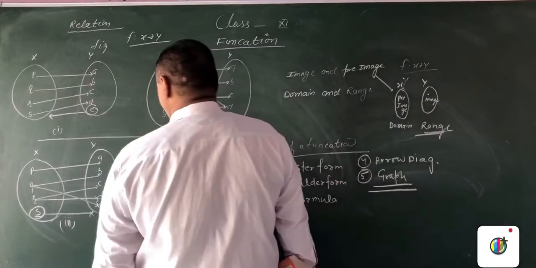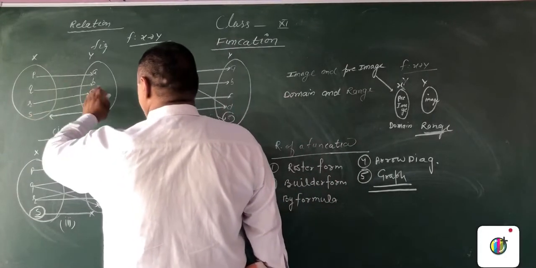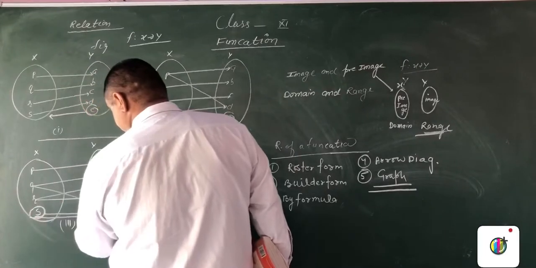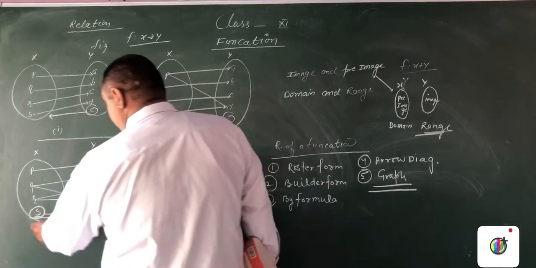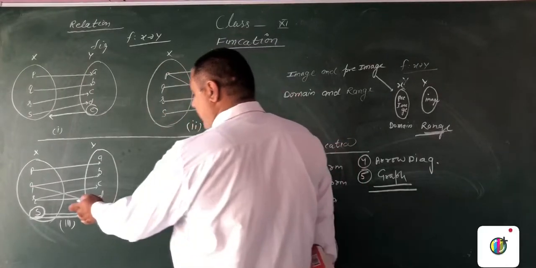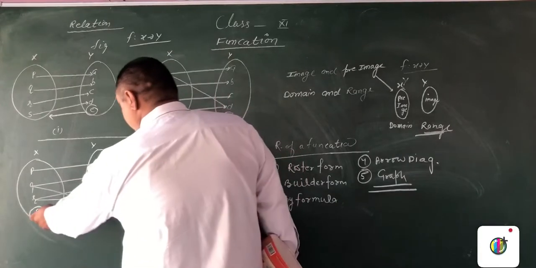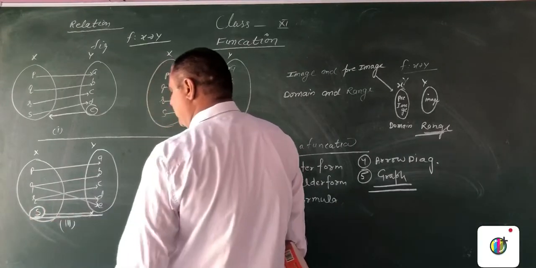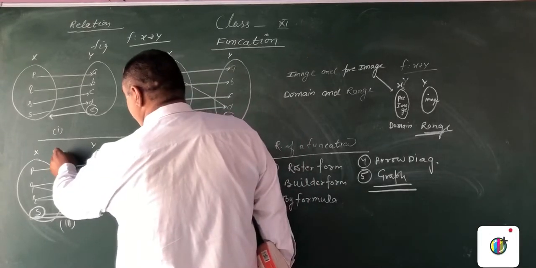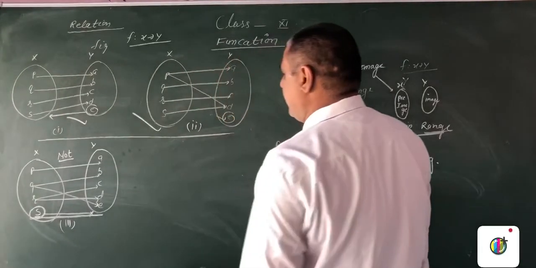These are the types of a function, where each element of x has an associated y. But in this type, the element of x has no image in y. यहाँ s जो है y से जुड़ा हुआ नहीं है. अगर ये s भी y से इधर किसी एलिमेंट से जुड़ जाता तो ये फंक्शन हो जाता. So this is not a function and ये दोनों आपके functions हैं.